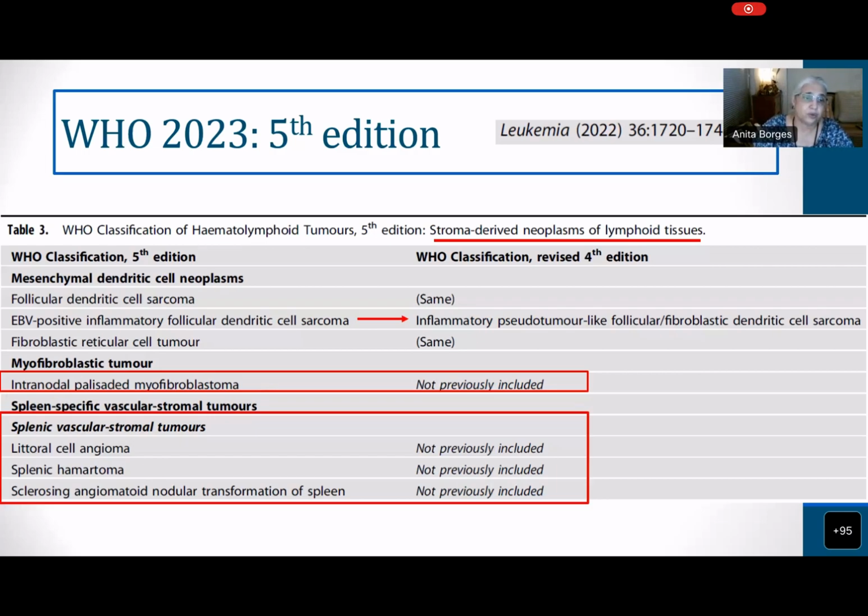That's where it used to be, intranodal palisaded myofibroblastoma. Now it has appeared in the hematolymphoid 5th edition of the WHO. Then look at these splenic tumors, okay, splenic, because it's been realized that these splenic vascular stromal tumors,